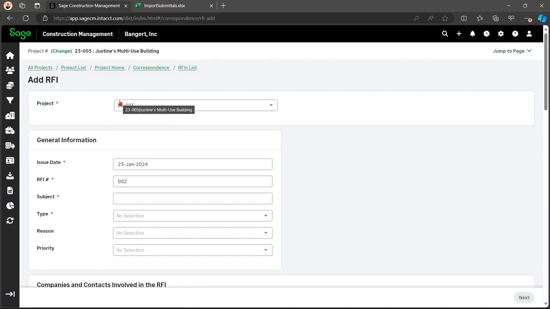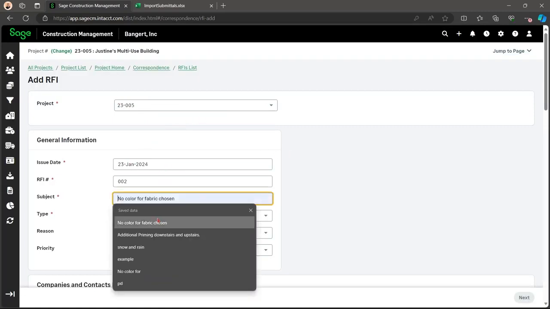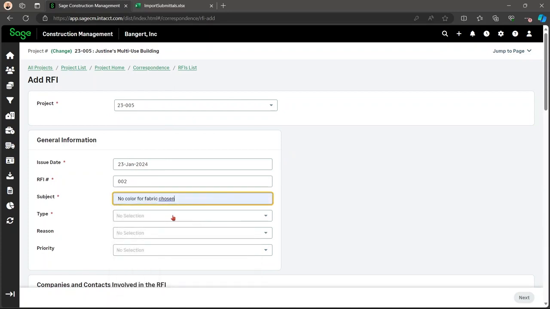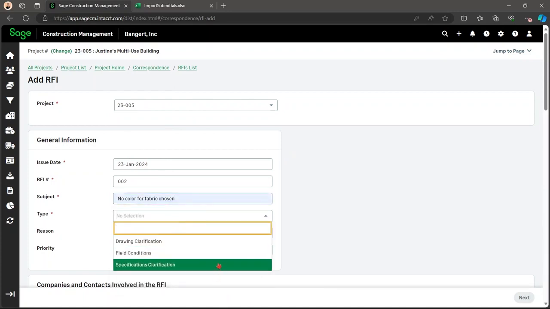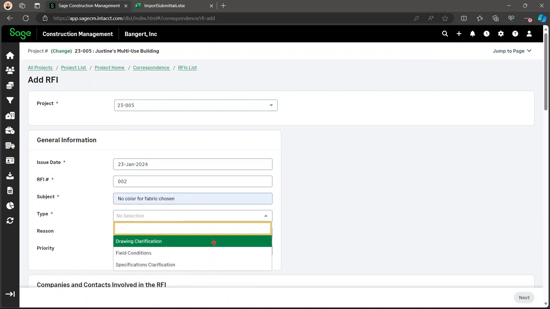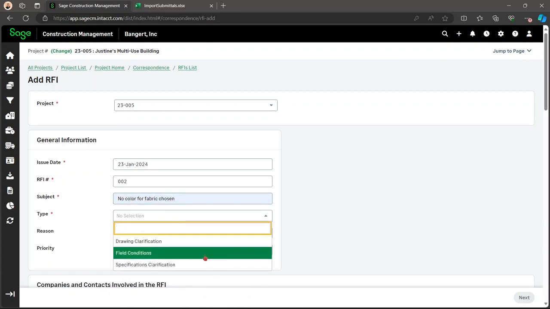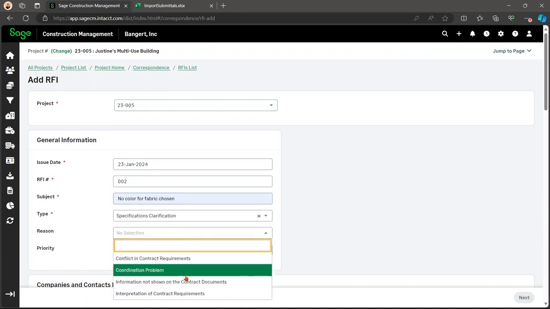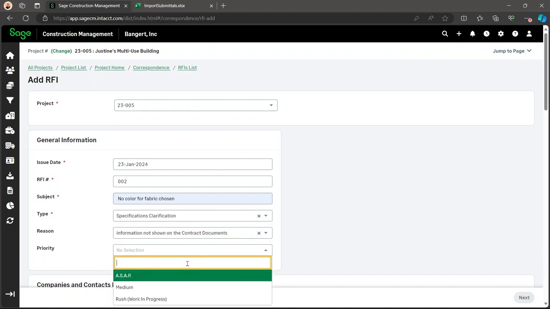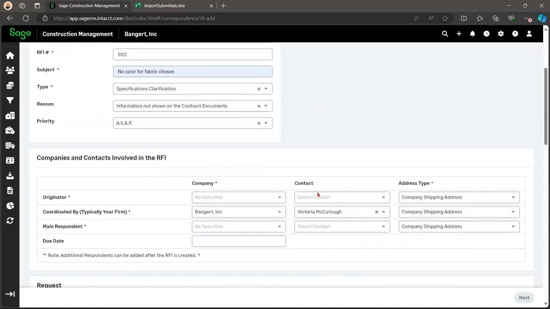Here you have the project, issue date, and RFI number will be put in for you. You need to add your subject. Then you can put in your type. And reason and priority.